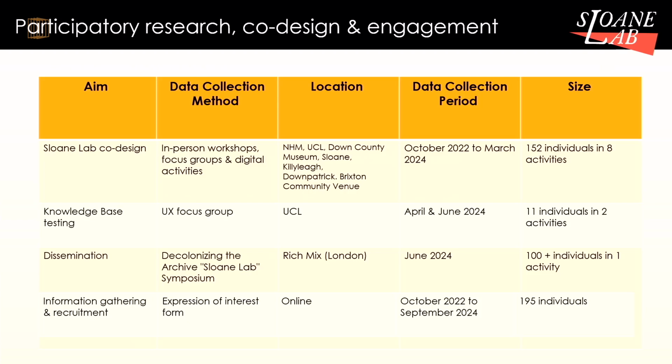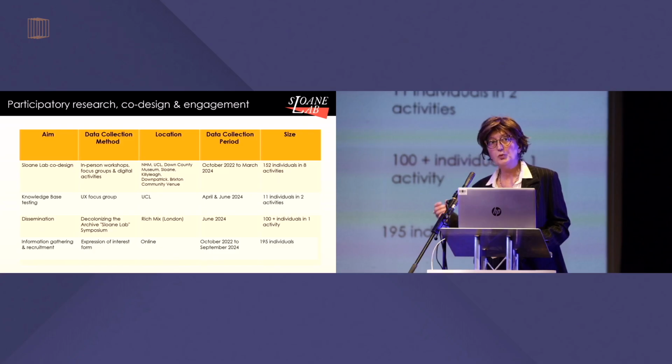We did engage with a substantial amount of people. We had basically 8 workshops, focus groups, digital activities, 2 UX focus group workshops, and we engaged with a quite substantial amount of contributions, both online and physical, through physical activities, and engaged with people of British Caribbean descent and African descent, experts in data modeling, metadata, and semantics, so Hans Sloane experts and museum curators, botanists, gardeners, seed growers and seed guardians,